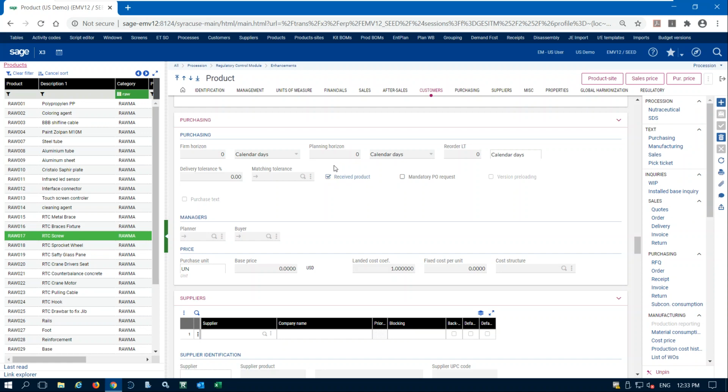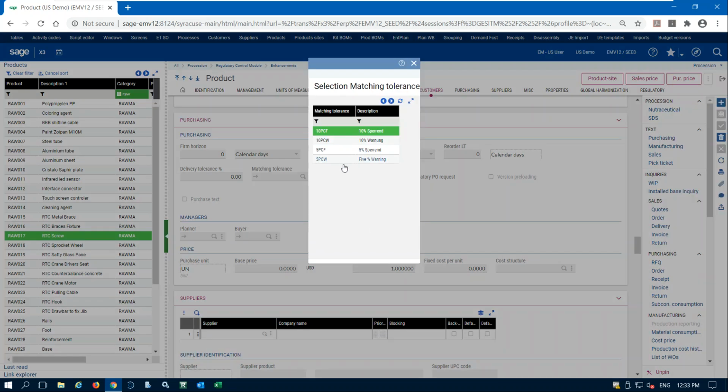Well, by turning on this received product flag, we can automatically track that we did receive those, and then it's okay to pay that invoice. So it's kind of a nice feature for some people. Matching tolerance is a nice feature too. This lets you do two-way or three-way match on the PO, the receipt, and the supplier invoice. And then you can set this up to only be warnings,